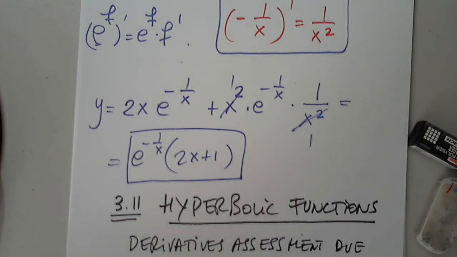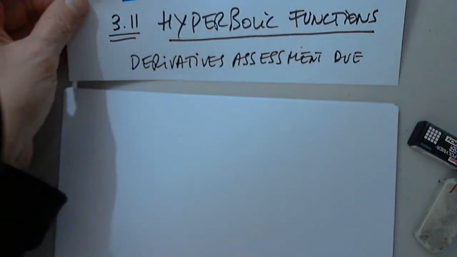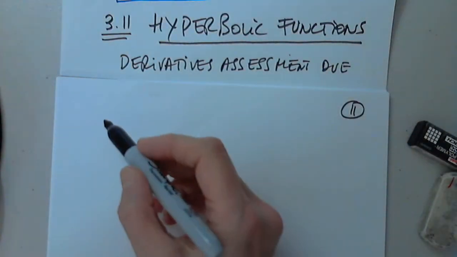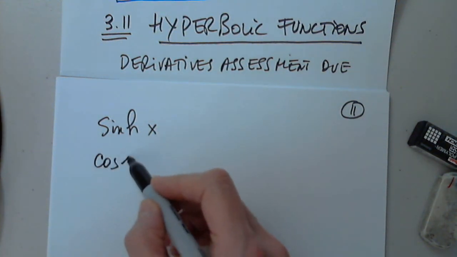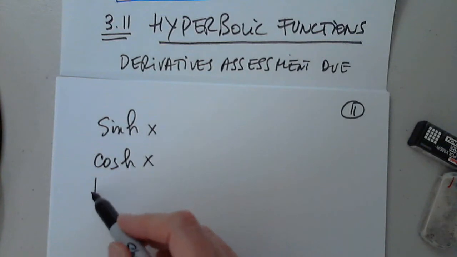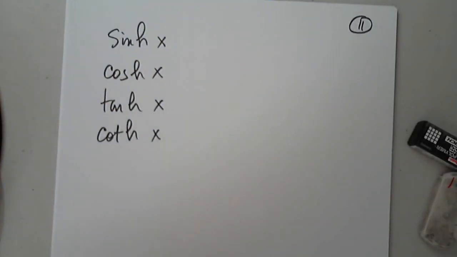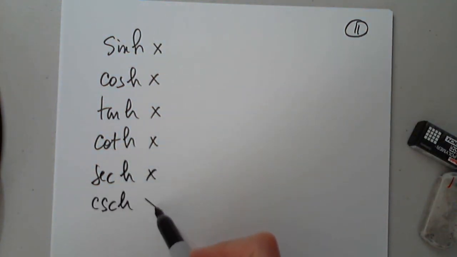Hyperbolic functions are combinations of exponential functions. So hyperbolic sine, hyperbolic cosine, hyperbolic tangent, hyperbolic cotangent, hyperbolic secant, and hyperbolic cosecant. And you can ask, wait a minute, you just said that they are combinations of exponential functions,